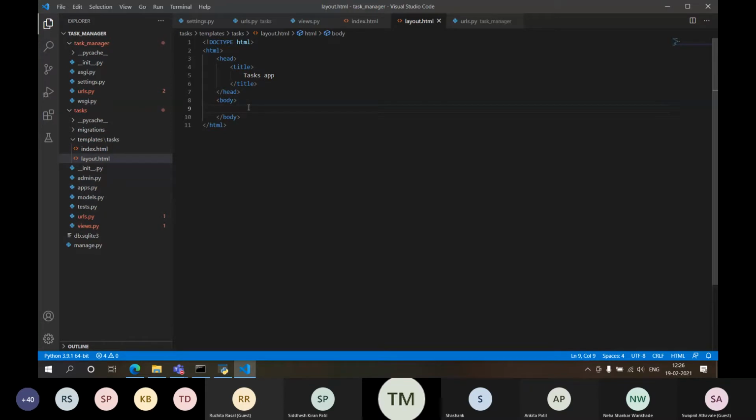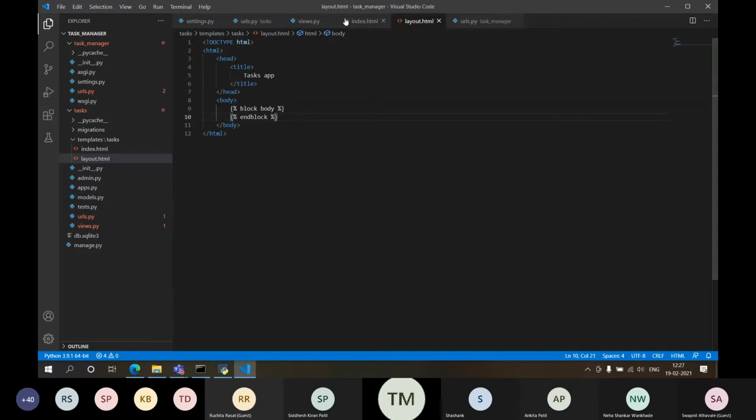So for that, there is a simple way. What's the way? Django template language gives you the ability to do this, or to define a layout. So to do that, curly bracket %, and then you give block, let's say, give a name like body. Okay, I'm giving this name block body in the layout page, and here I'm mentioning end block without space. Okay, now that's it. This is my layout.